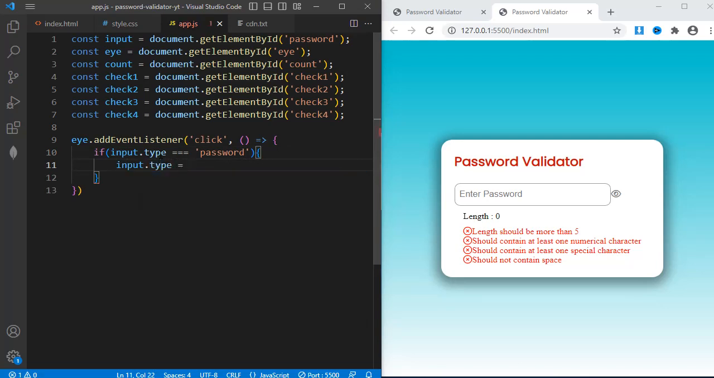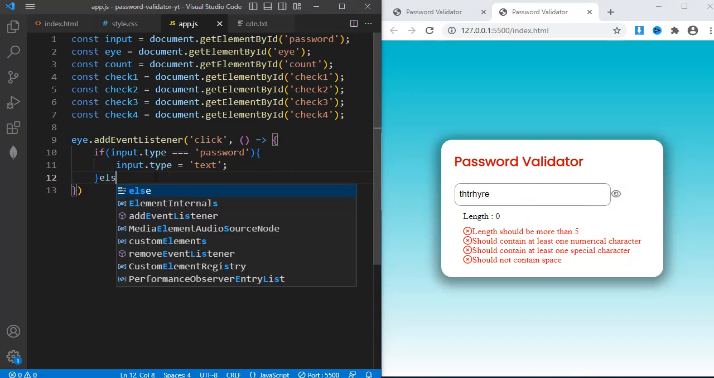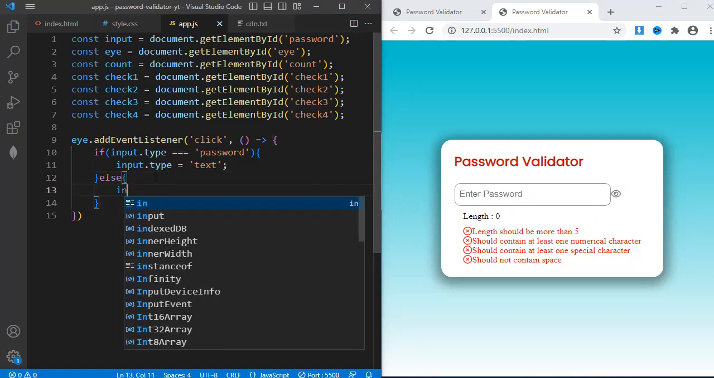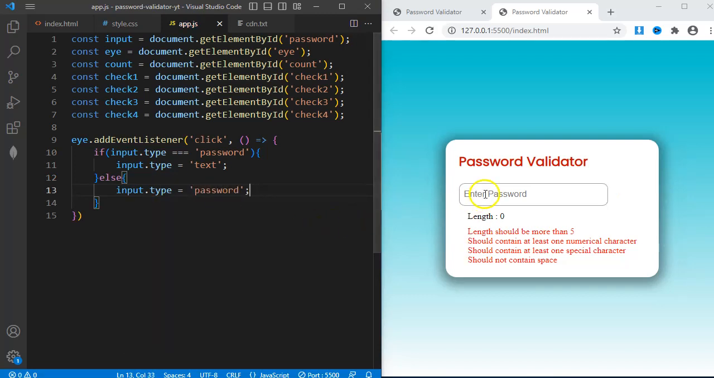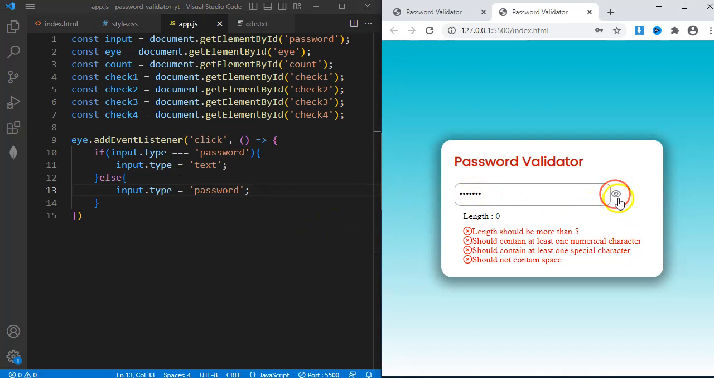Now let's see if it's working. I will input a password and then click the eye icon. Okay, so as you can see, it works. But when I click it again, it does not change back to being a password. I can fix that by adding an else statement. Else, then curly braces, input.type equals password. Now I'll input a password, and when I click it, you can see it can now toggle